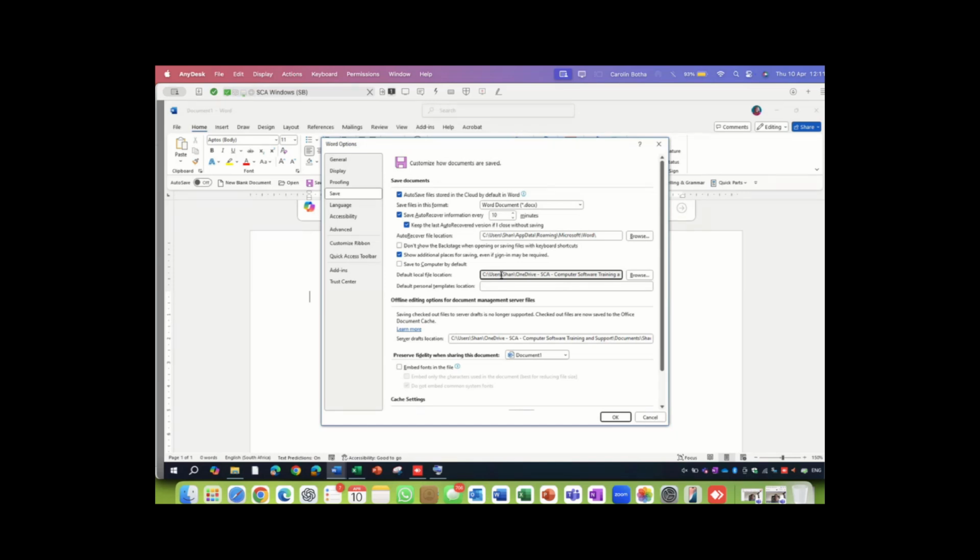So when you click on save, you don't by mistake save it onto your laptop's or computer's hard drive. I'm not saying you shouldn't do that, but if you have the 365 package, please make use of the OneDrive. It takes everything on your computer and backs it up automatically onto your OneDrive. Very, very handy.